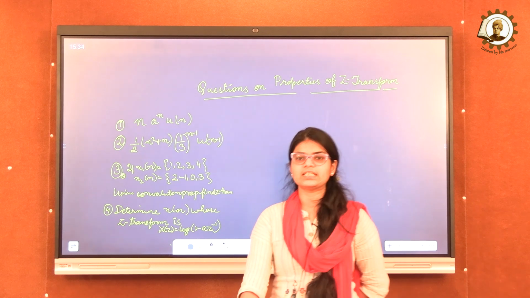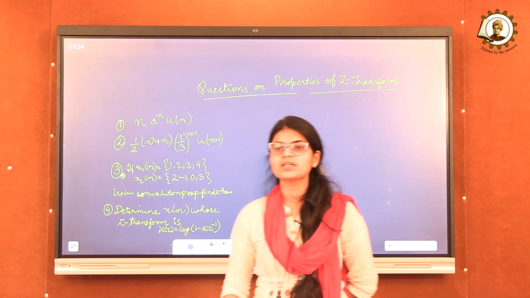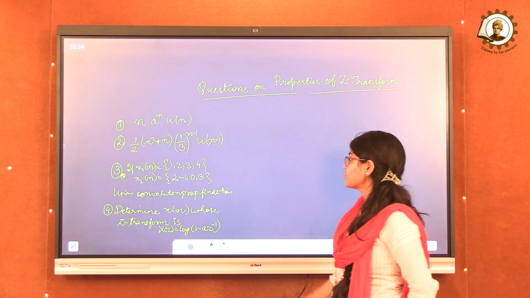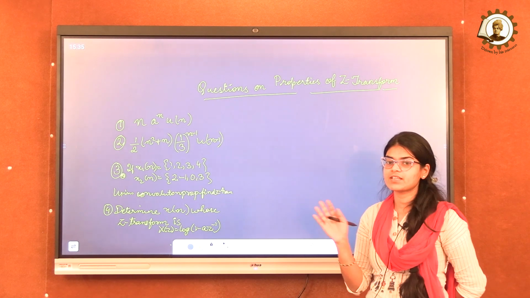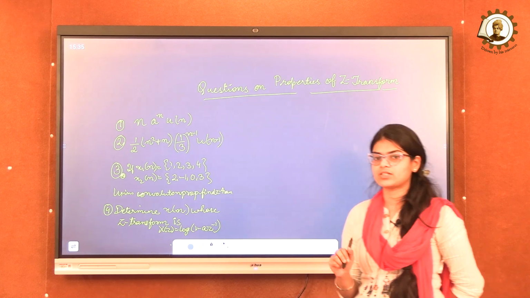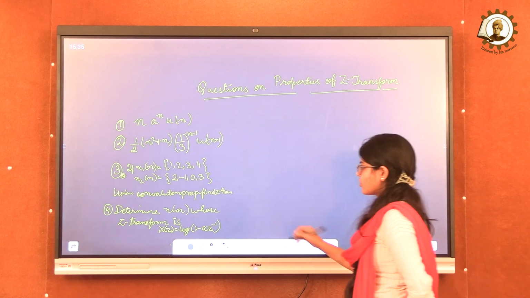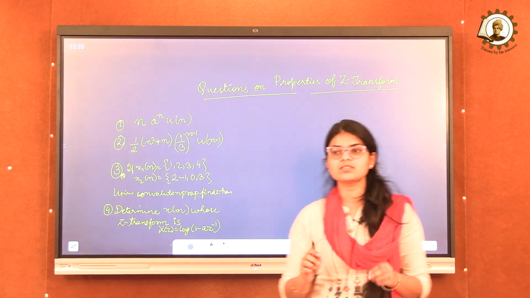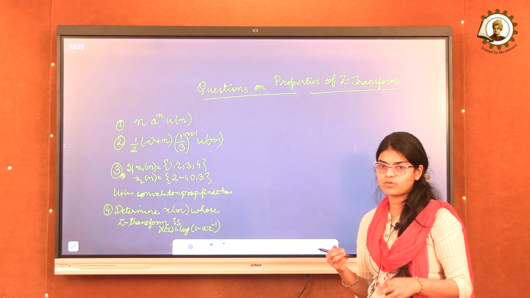We have already studied till the properties of Z transform. We have also studied several numerical problems on Z transform. Today we are going to solve several questions on the properties of Z transform. So there are 4 or 5 questions that is mentioned here. One by one we will solve, but while solving this we will be using the properties whatever we have learned